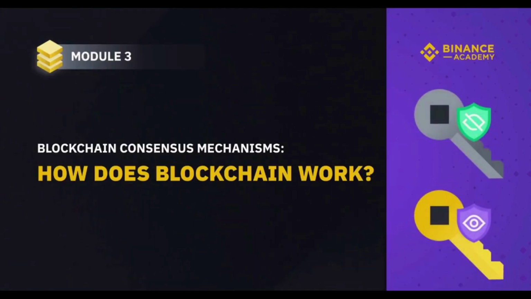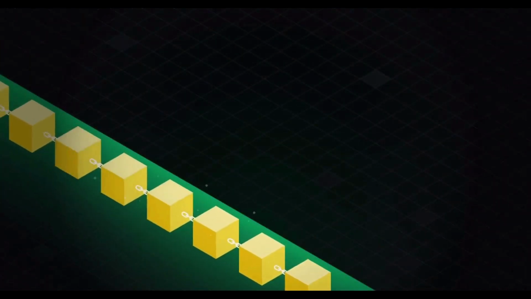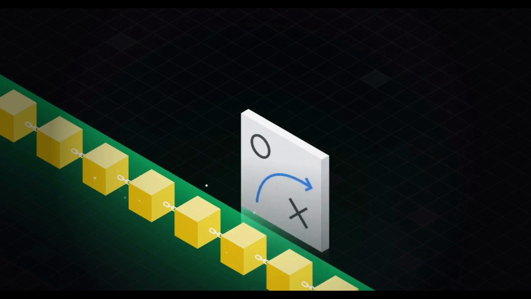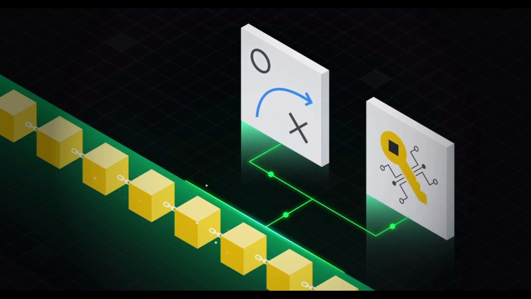The interesting part of blockchain technology isn't so much the database itself, but rather how the same database can be used by a network of strangers who don't trust each other. Without a central authority, this isn't an easy task. To achieve it, blockchain networks rely heavily on a mix of game theory and cryptography. In this module, we're going to take a deeper dive into those mechanisms.